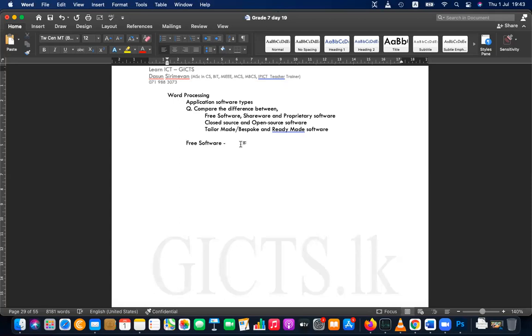Right? Free software means software we can download and use forever for free. Yeah, without any cost. Those are free software. And what is shareware? Shareware,